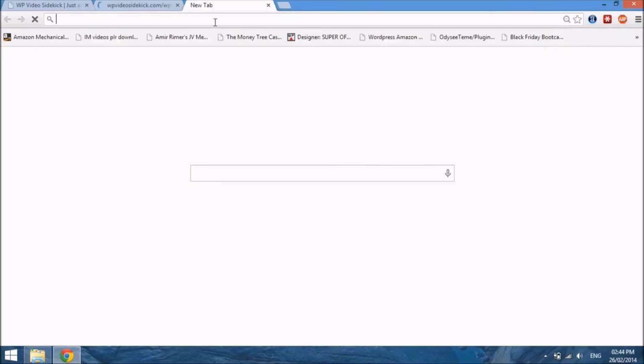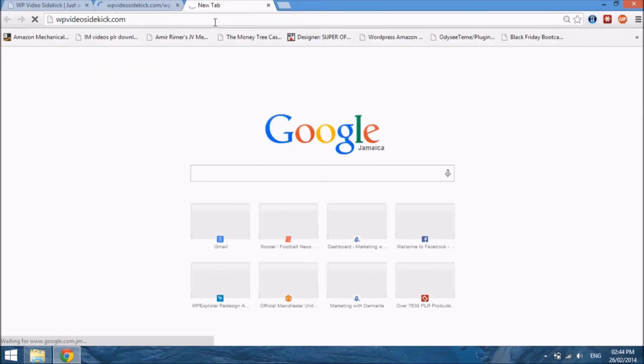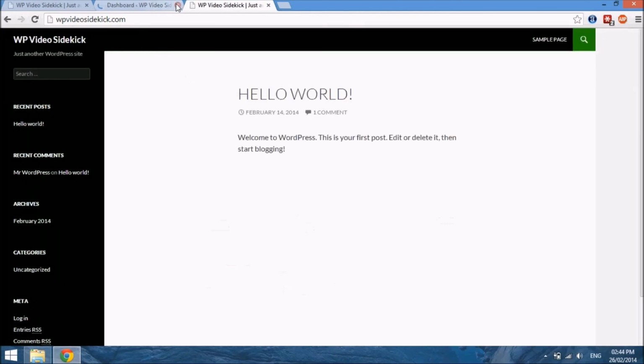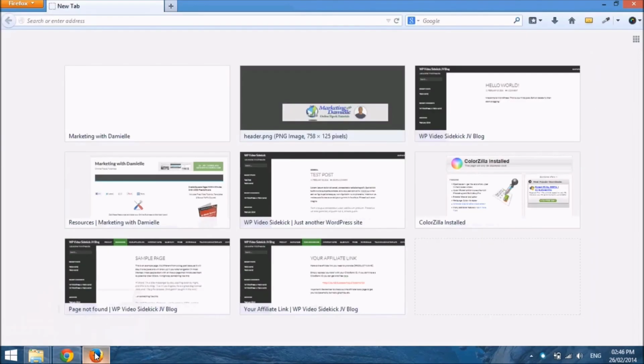Select a new tab, wpvideosidekick.com, select enter, and it's still showing our original post. Maybe it's because I'm still logged in. Okay, let me open up another browser, go to our home page,